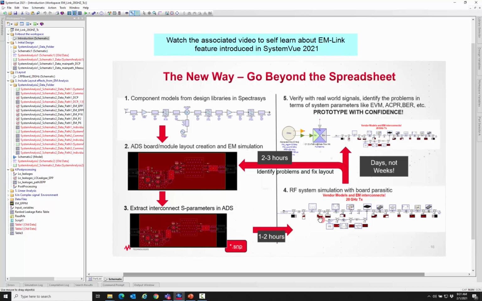Once we do that, the new feature, EMLink, allows us to predict the coupling of energy between traces, from one area of the board to another area of the board, in the first phase along the path that we are going to define. Once we do that and identify the leakage problems, we can go back to the layout, fix the layout, continue with the EM analysis and bring back the results. And then we can continue to do this until we are satisfied that the leakage due to radiation is well